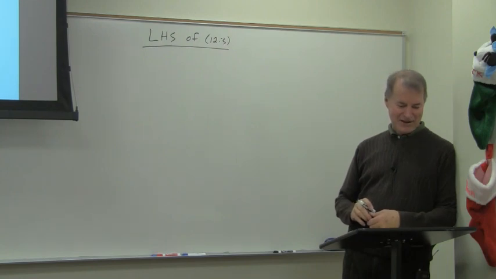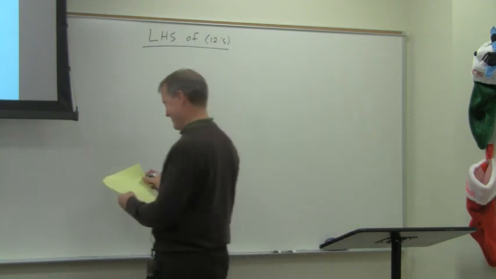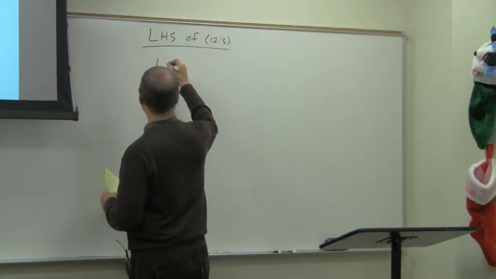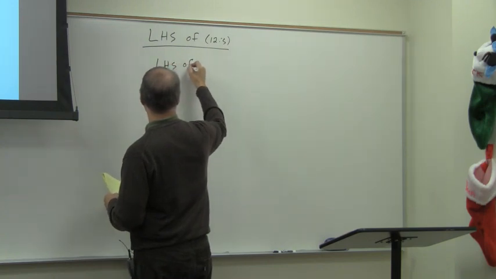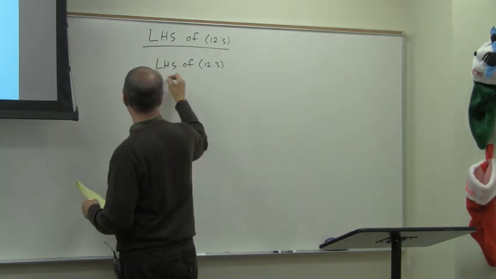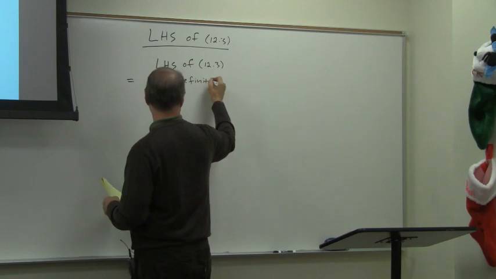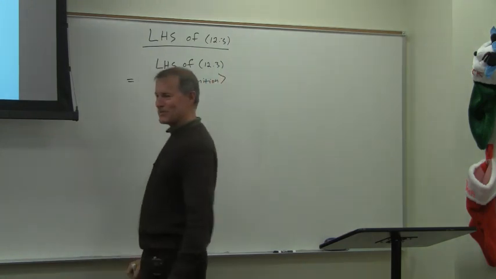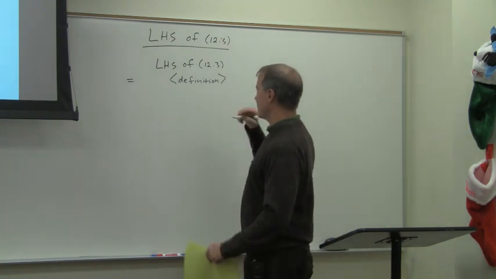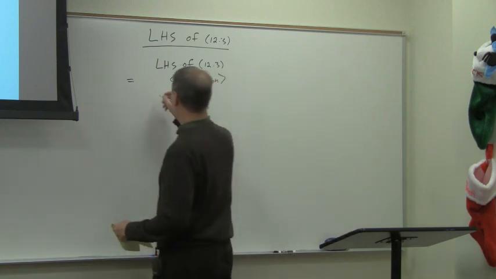So let's write down the left-hand side. Okay, so here we go. You want to start, and that's the first step. So left-hand side of 12.3 equals, by definition, because it's there. That's why we climb the mountain, because it's there. Okay, the left-hand side of 12.3 is what? For all n,